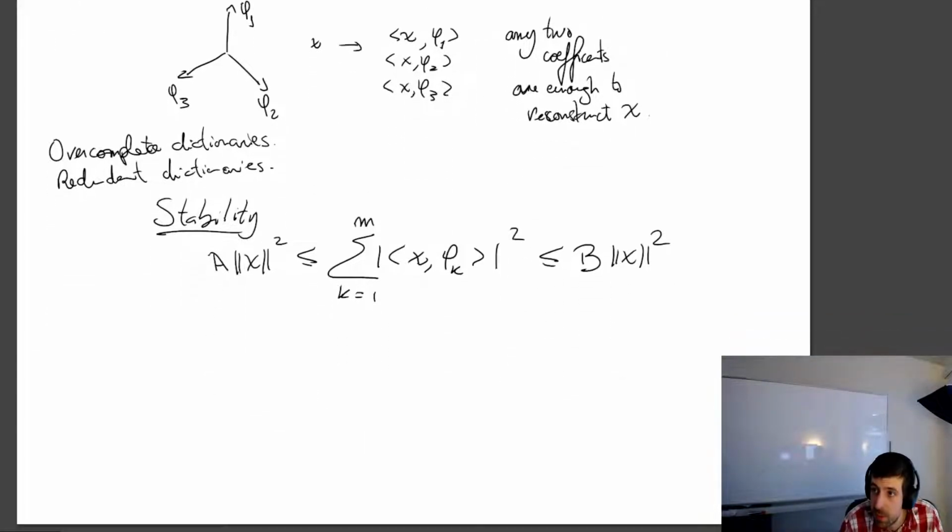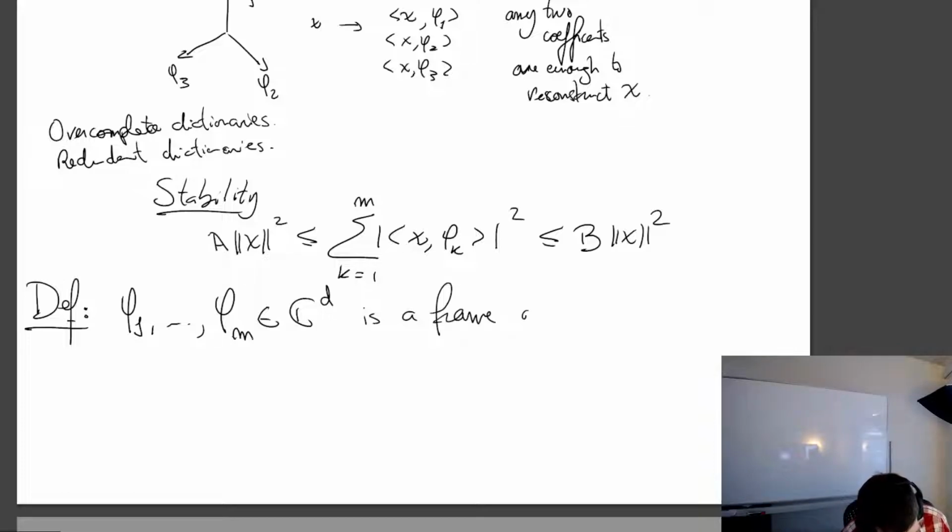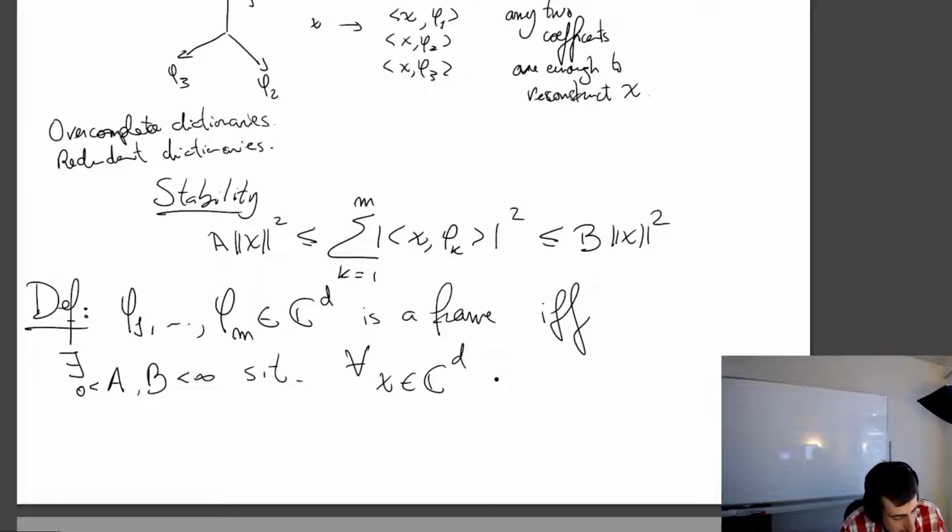Let's now see a few definitions. We're mostly going to just have definitions. So phi 1, ..., phi n in C^d, and I'm using them over the complex numbers, but it's the exact same thing over the reals, is a frame, or we can say a frame of C^d. Let's just call it a frame if and only if there exist A and B, with A greater than 0 and B smaller than infinity, such that for all x in C^d, we have that